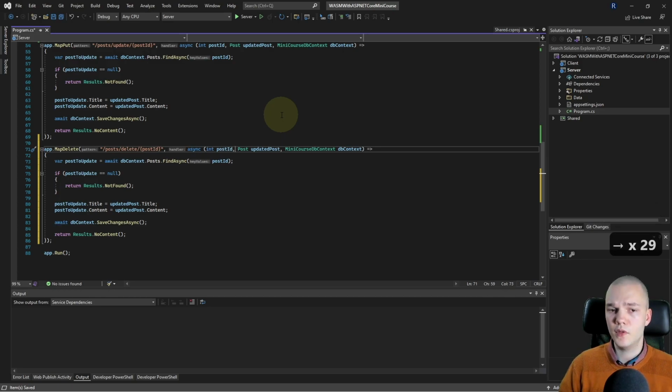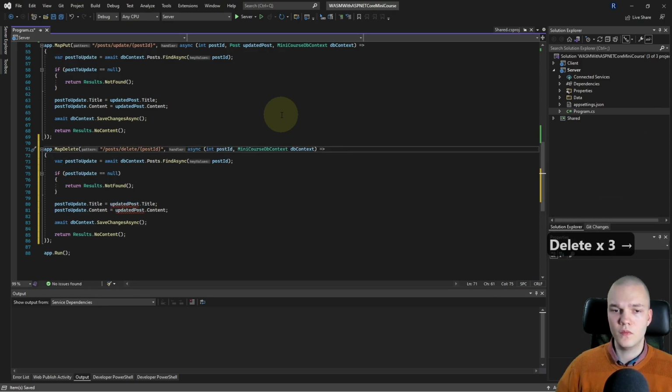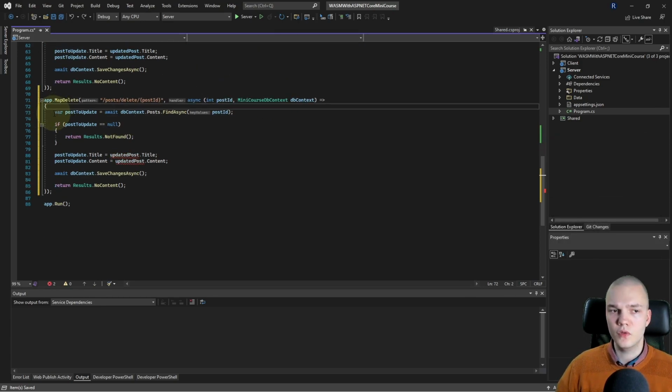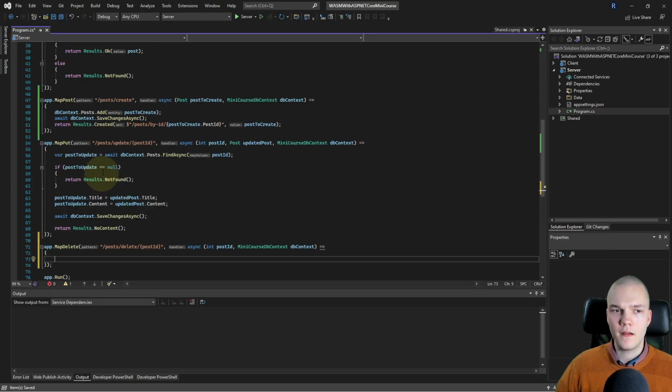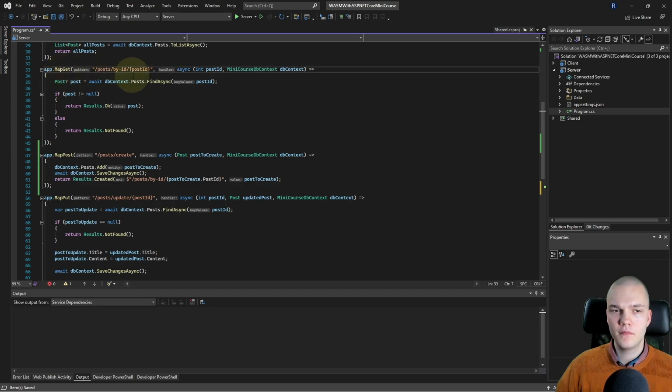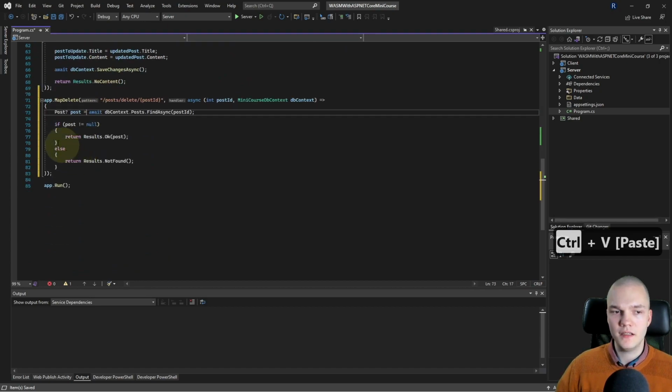We'll keep the post ID parameter, and this updated post we won't need here. I'll remove the contents of this body of the lambda, and let's go to the by ID, and I'm gonna copy this body and just paste it in here.